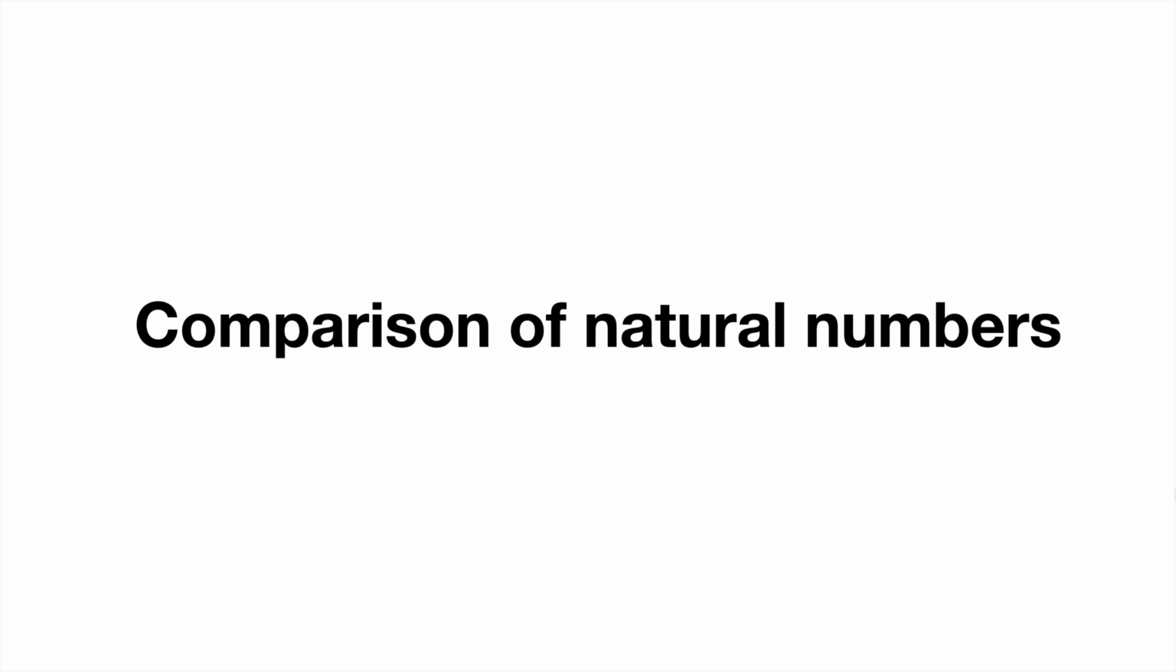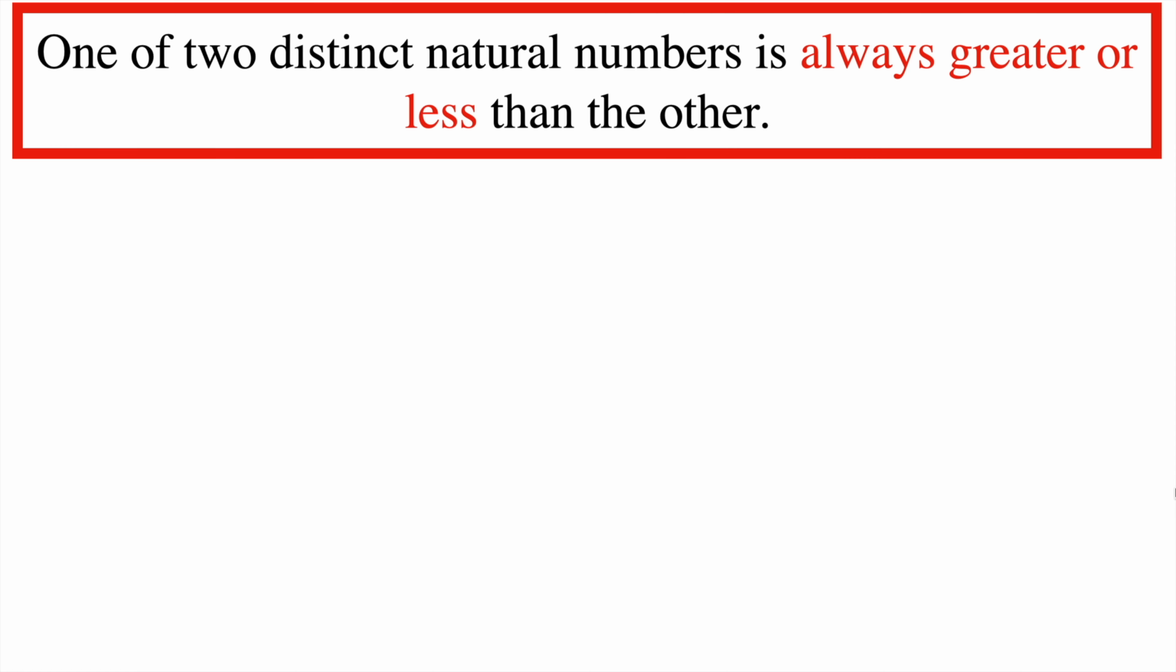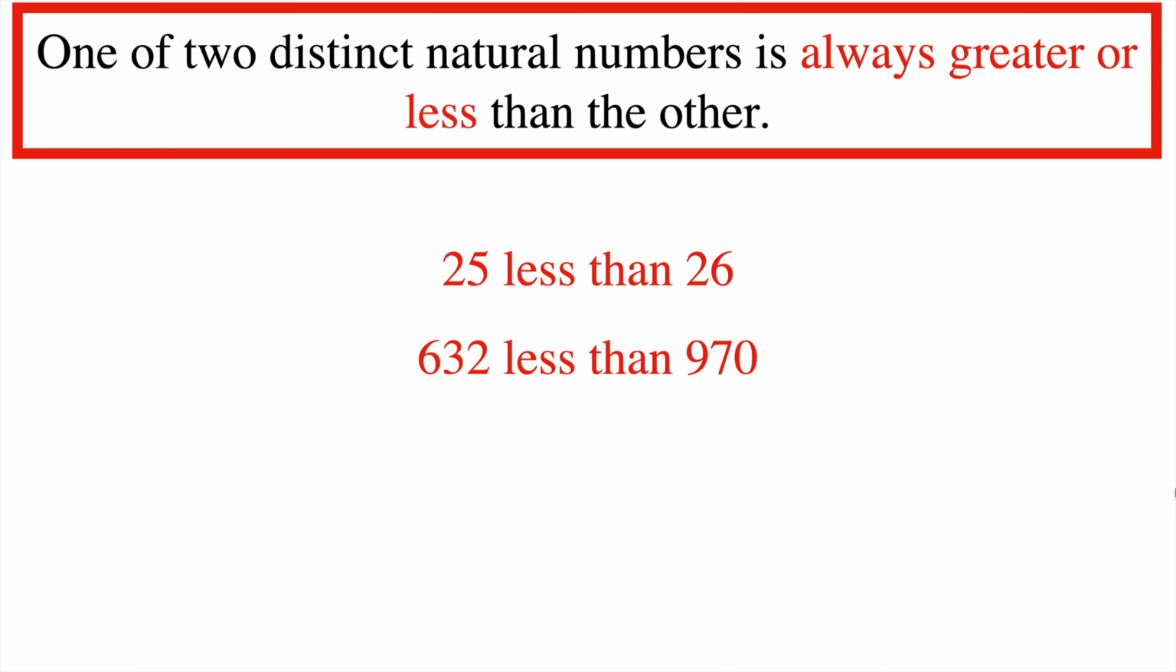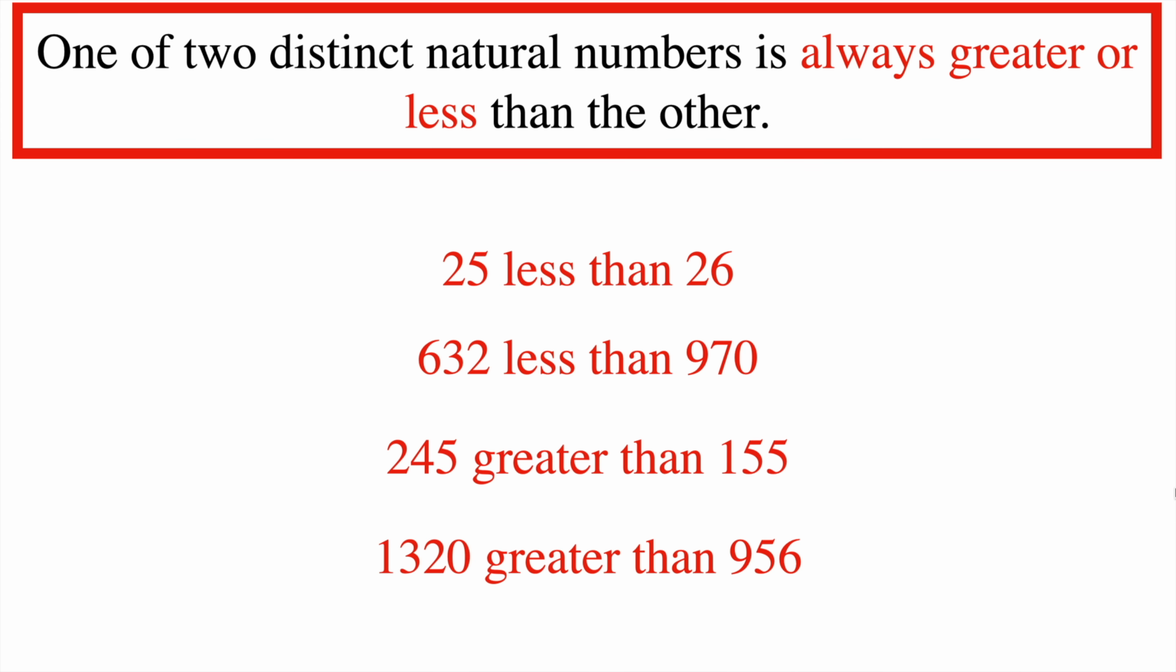In this video we will learn how to compare natural numbers and, no less important, we will solve very interesting problems on this topic. Since natural numbers in most cases show the number of objects in counting, one of two different natural numbers is always greater or less than the other. For example, 25 is less than 26, 632 is less than 970. 245 is more than 155 and 1320 is more than